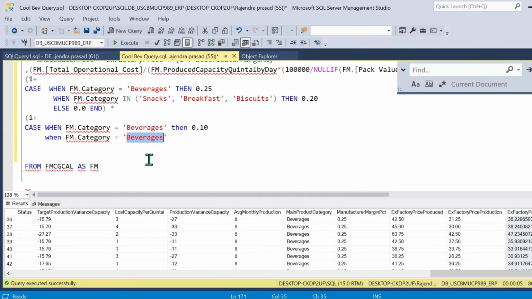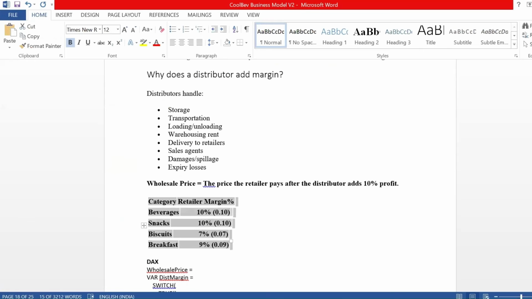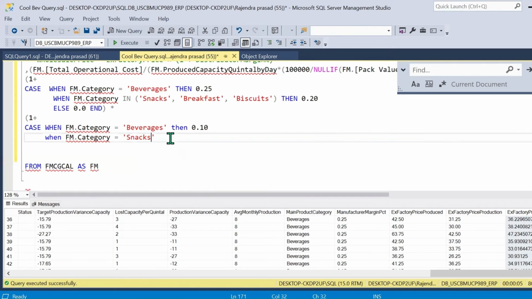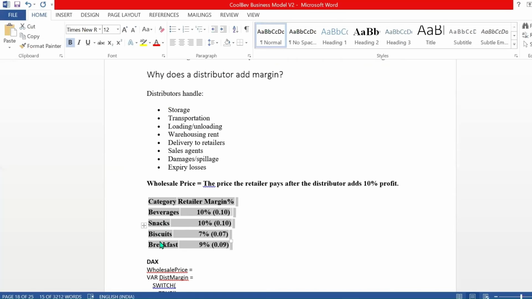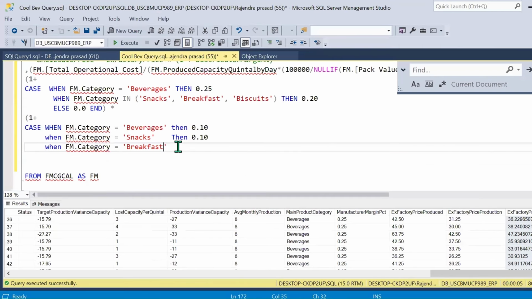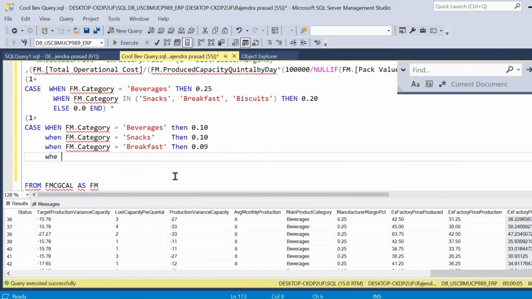Here we have different values. We can't directly use the in operator because each one has a different percentage. If it is snacks, 10%, then 0.10. Again when, let me copy this. Let me take breakfast. What is the percentage of breakfast? 9%, 0.09, then 0.09. Again when